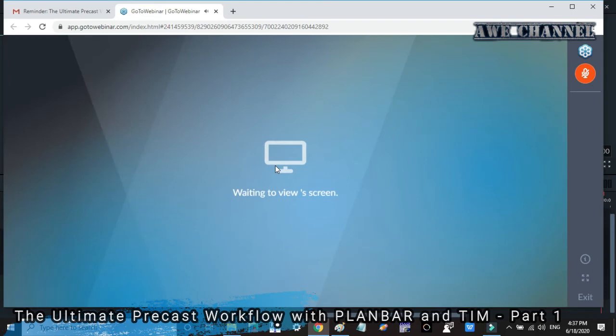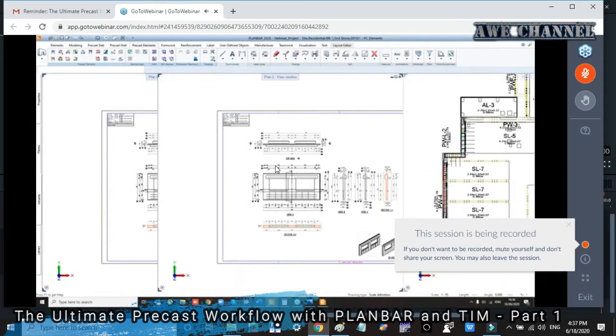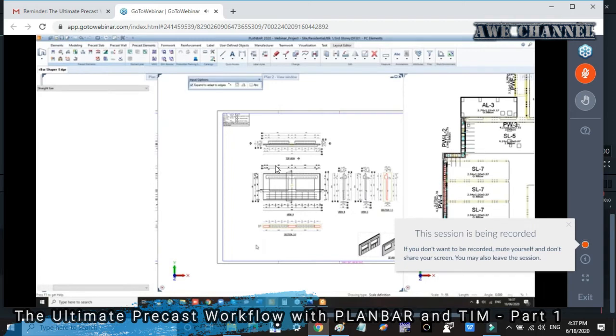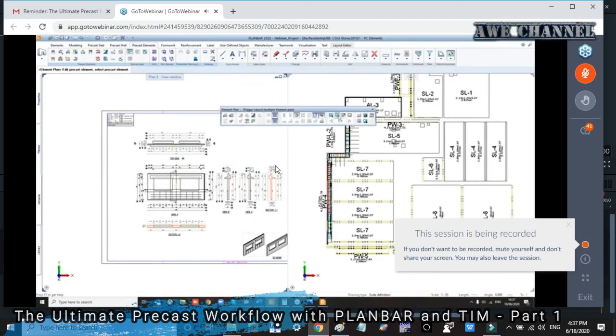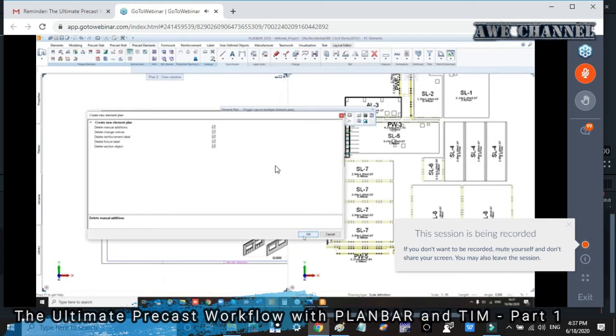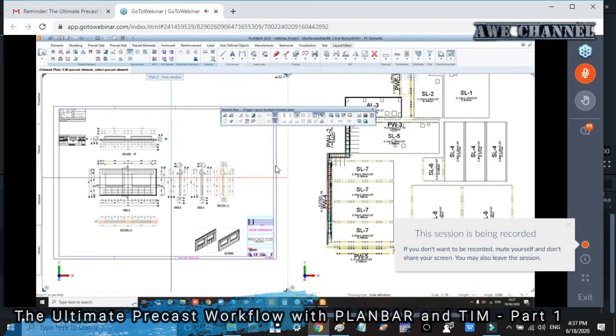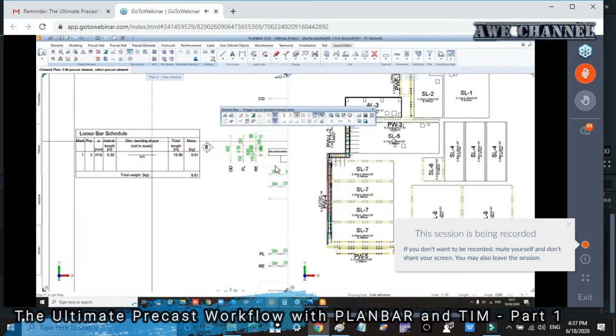There's a bar, and once you have placed that bar, what you're going to do is just click on this and say refresh, and it will automatically give you your bars